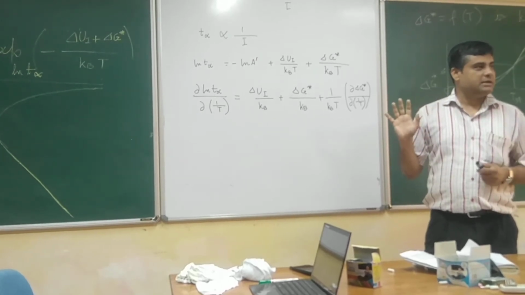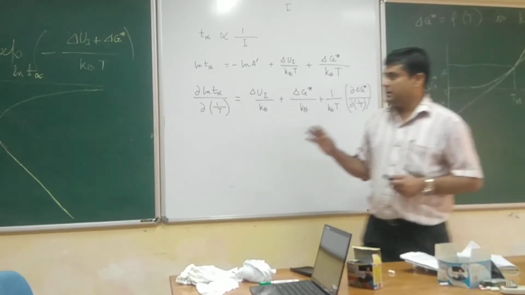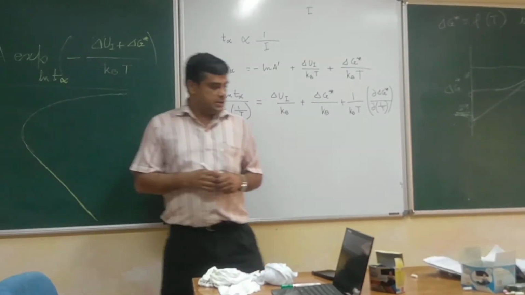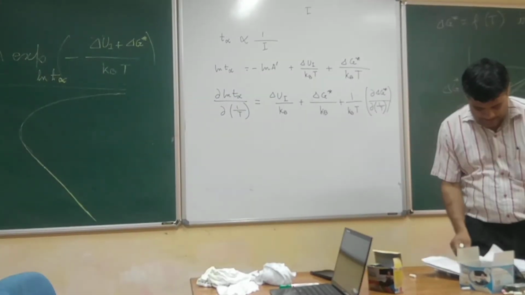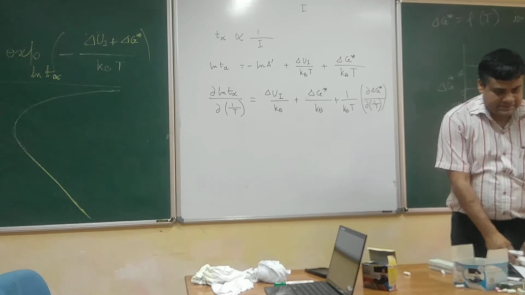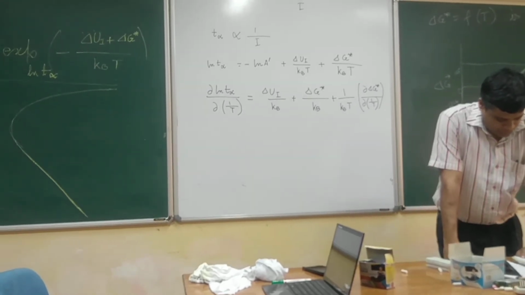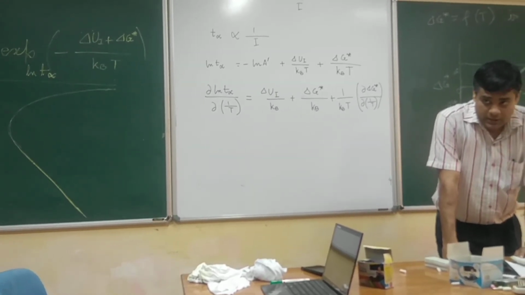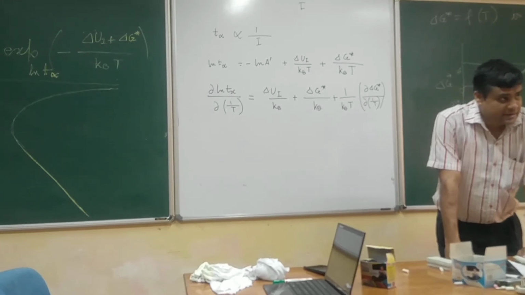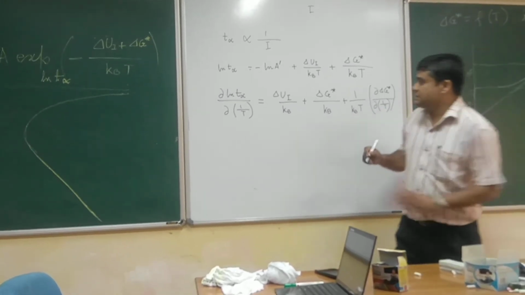Delta G star will be, at very low temperature, equal to 0. At very low temperature, delta G star equal to 0. That means